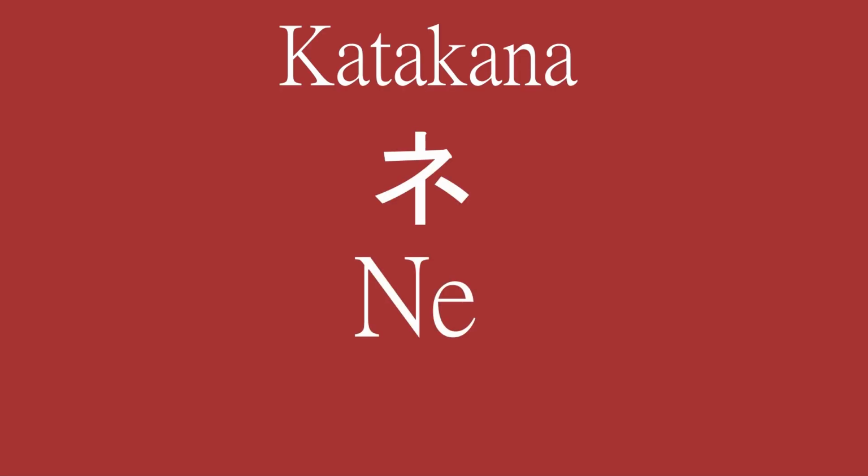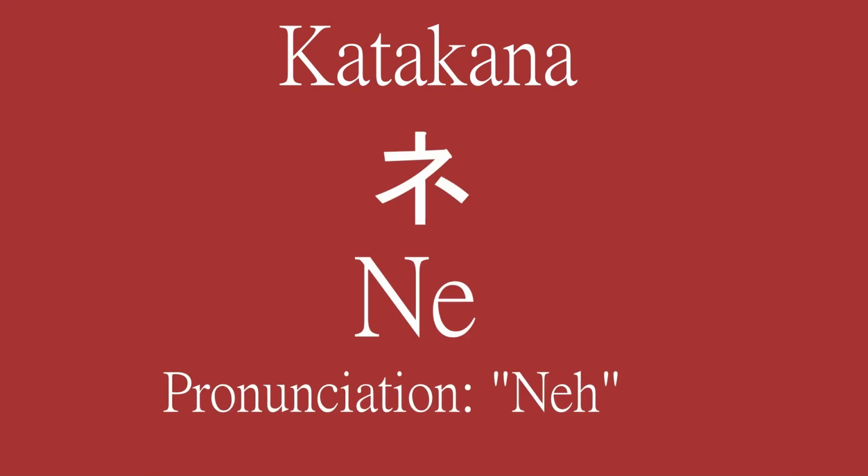ね、ね、 The pronunciation of the character ne in Japanese is something like the combination of NEH in English. Let's see how to write it. Draw a short horizontal line. Draw a longer horizontal line below it, crossing through the center. Draw a vertical stroke downward from the center of the second stroke. Draw a small left hook at the bottom. Draw a small hook at the top.